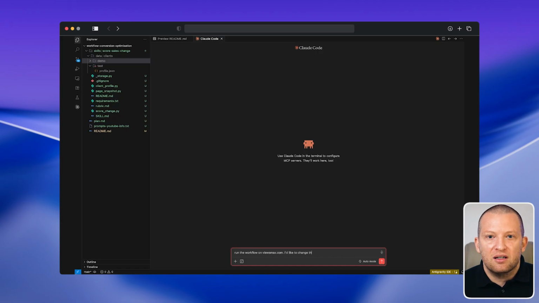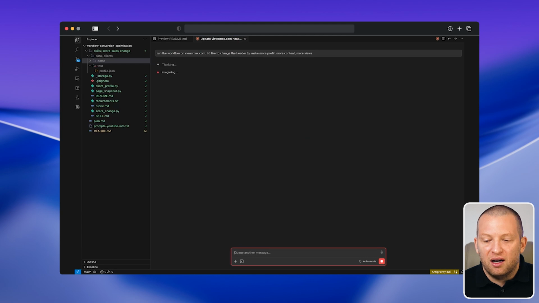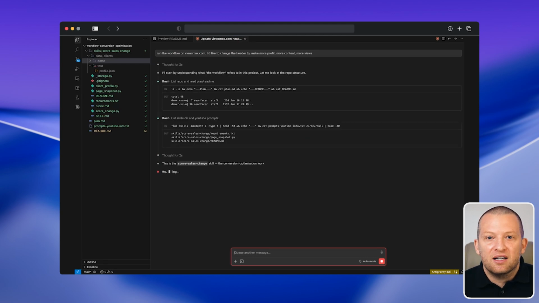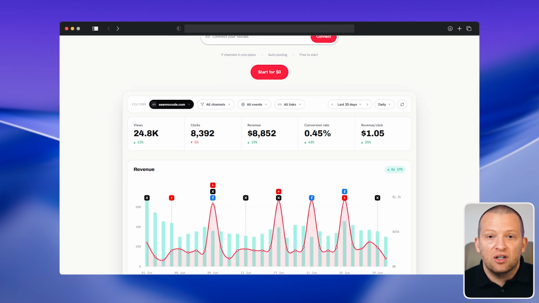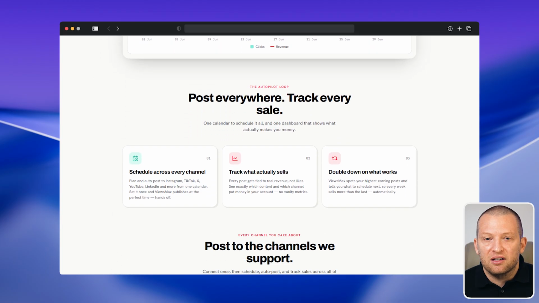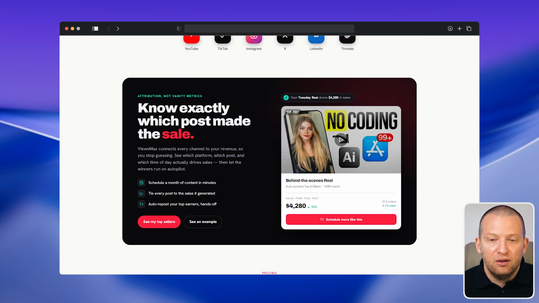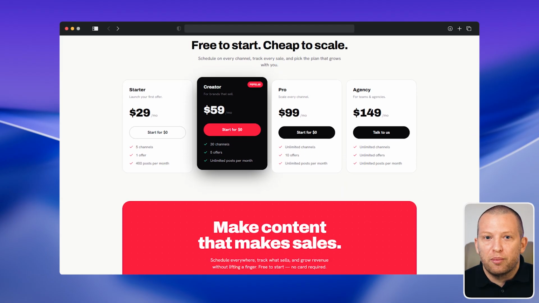I want to change the header to make more profit, more content, and more views. And here's what it does behind the scenes. It goes and looks at your actual sales page. It grabs a screenshot of it and the underlying code. So it's judging the change in context. You can see our existing layout, your other copy, where the header sits, and then it runs your proposed change